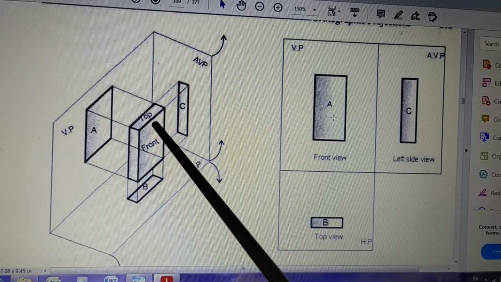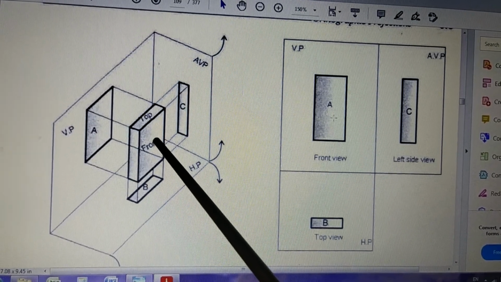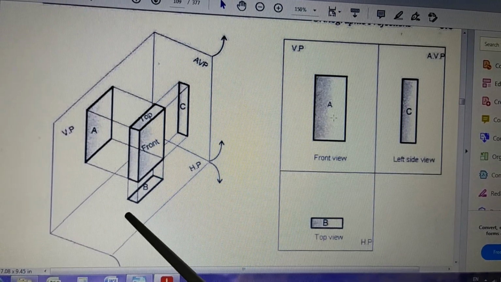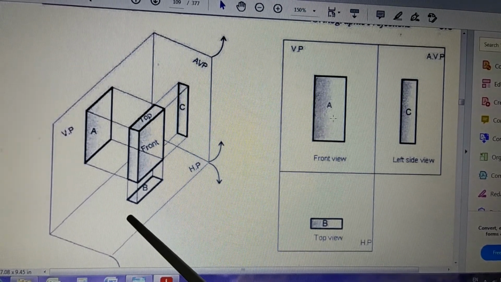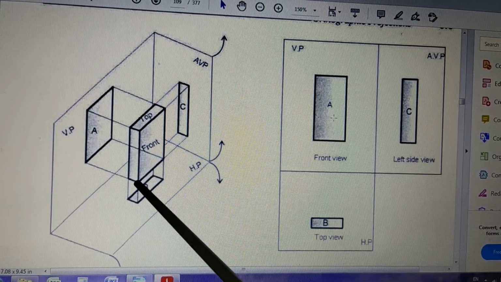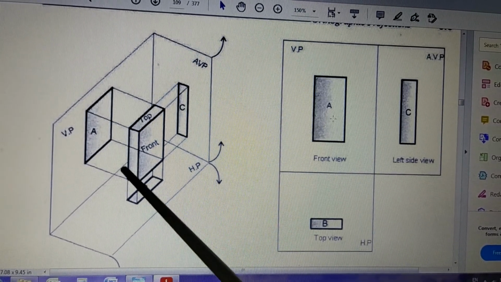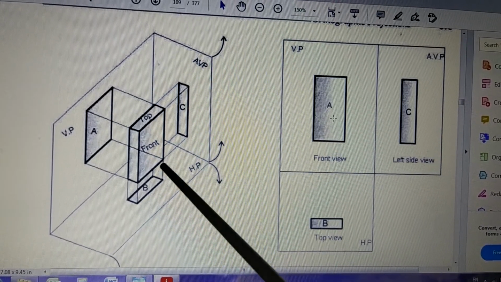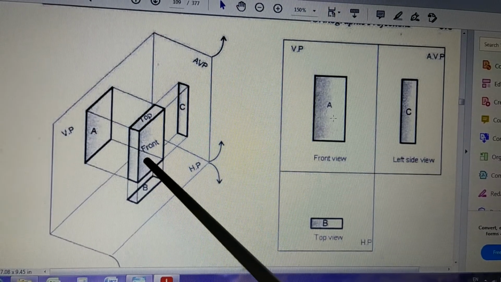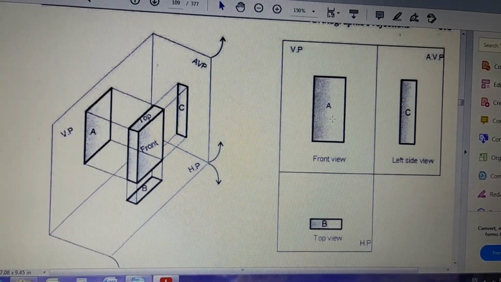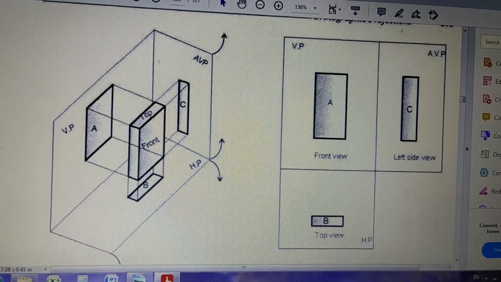On the same lines, instead of a book, we are going to use a square pyramid, and this square pyramid is going to rest, it is going to touch the HP. When it is resting in HP, we are going to draw similar views of the square pyramid, and after that we are going to tilt it, rotate it, and then see how its different views change. That is precisely what we are going to learn in the subsequent figures.